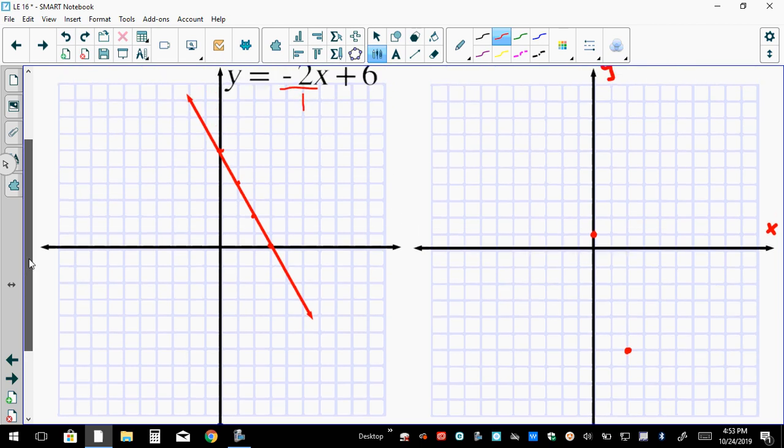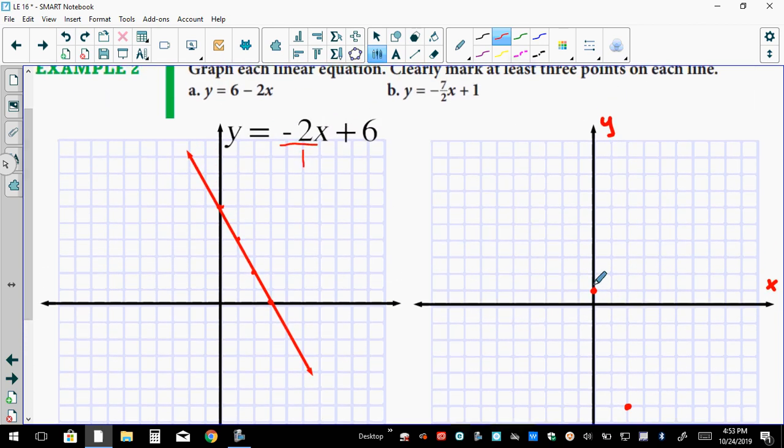You can also go the opposite direction. Notice I went down 7, negative, over 2, positive, right here. If I go up 7, positive, I have to go over 2, negative, to keep it a negative sloping line. So let's do that. 1, 2, 3, 4, 5, 6, 7, and over 2, and I'm going to make a point. Now I have 3 points on my line,